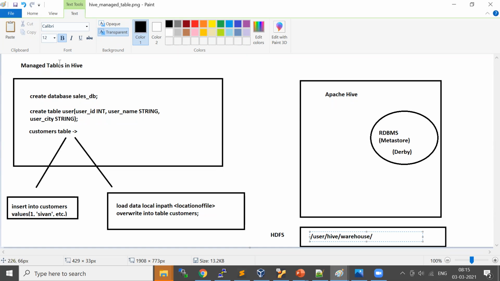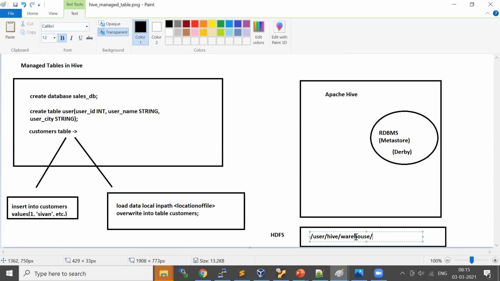Whenever you create a Hive managed table and load data into it, it is going to store your data in HDFS in this location, in the warehouse directory, and this directory is controlled by the Hive SQL engine. We don't have any control over this directory.